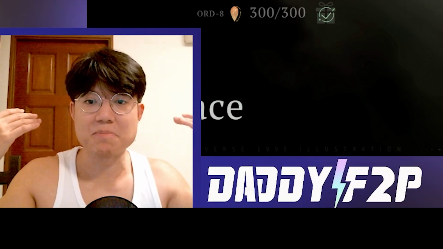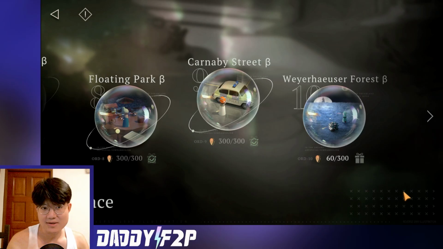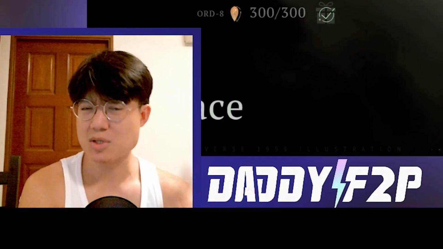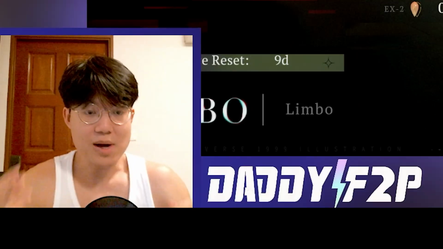So today we're going to talk about Artificial Somnambulism 8 and 9th difficulty. Now, I'm still on the 10th difficulty. It is extremely hard, but the thing is, I'm not too worried about it. I haven't actually done Limbo just yet because I'm not strong enough, but what I'm totally cool about it